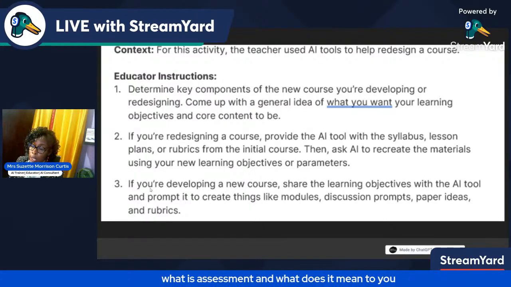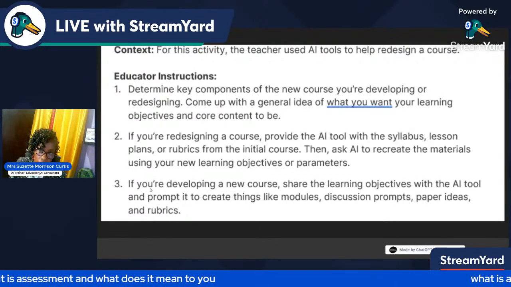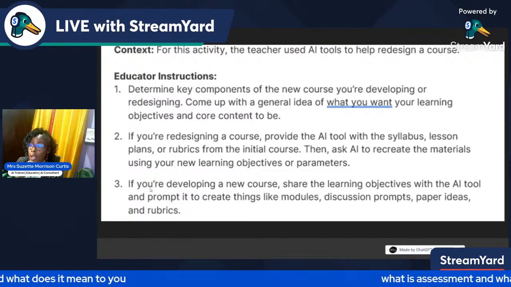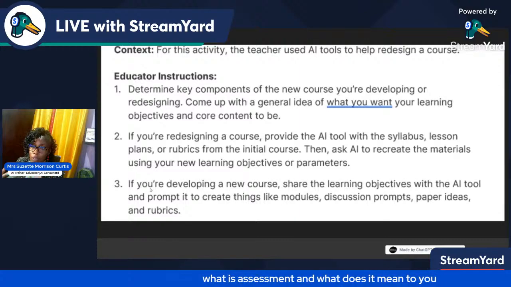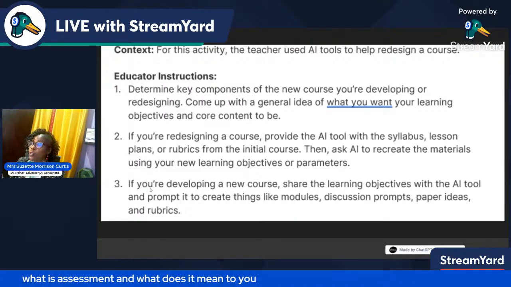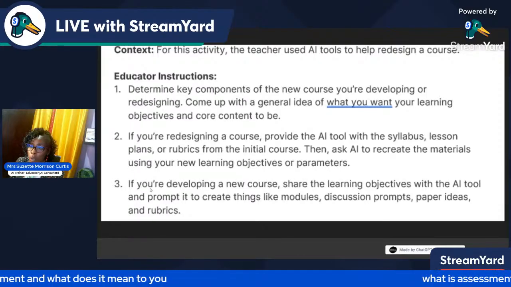So you can use AI to redevelop courses that you already have. If you're redesigning the course, provide the AI tool with the syllabus or the course outline, lesson plans or rubrics from which the initial course was delivered. Then ask it to recreate the materials using your new learning objectives or parameters.